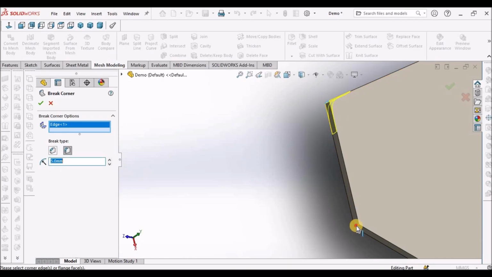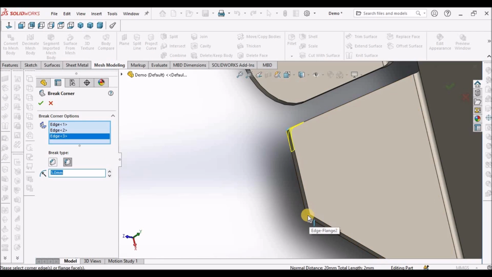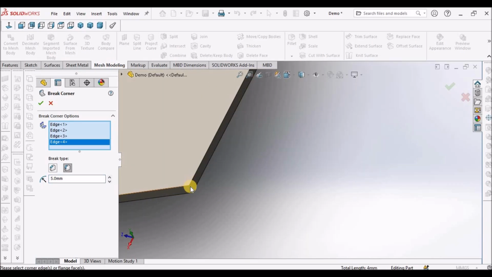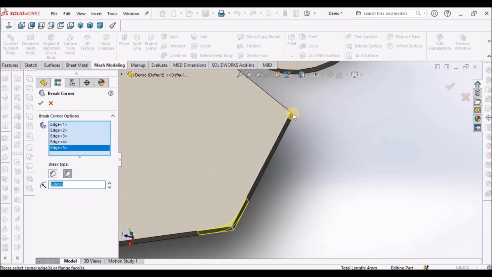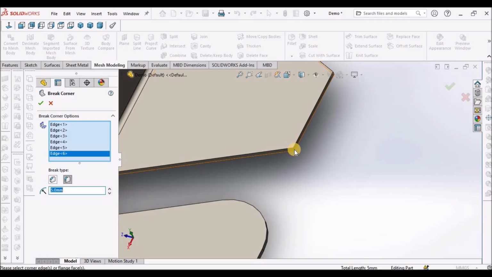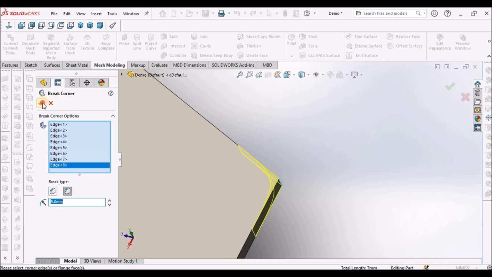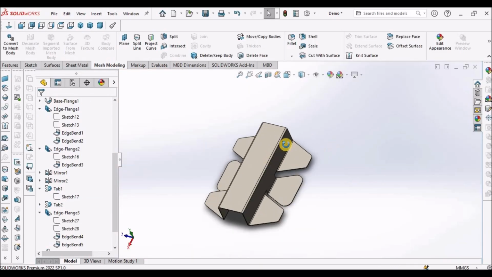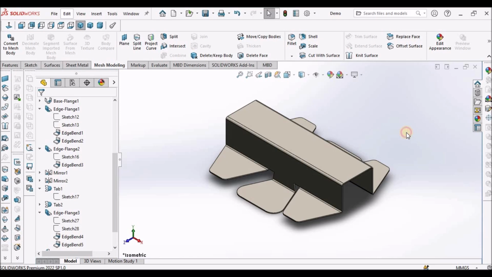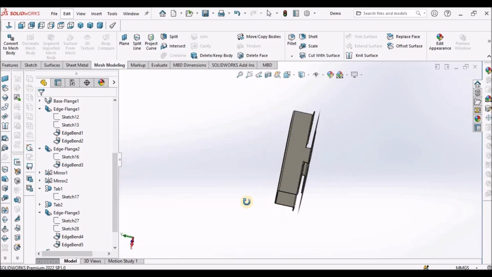Select this edge, this edge, this edge, this one, and this, and say OK. See here, so this is the